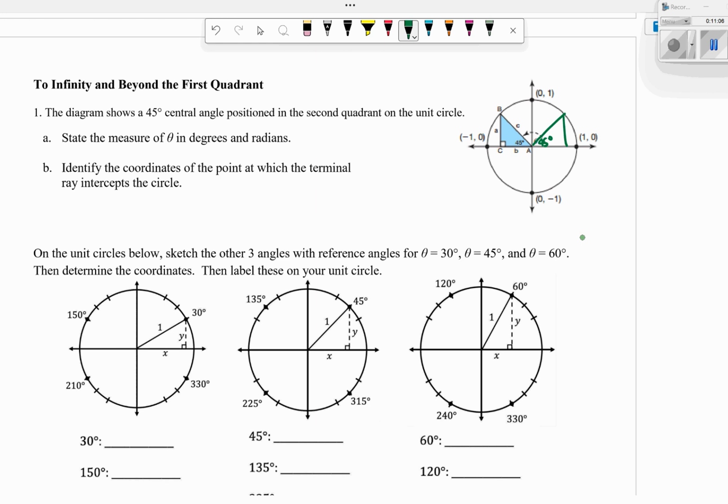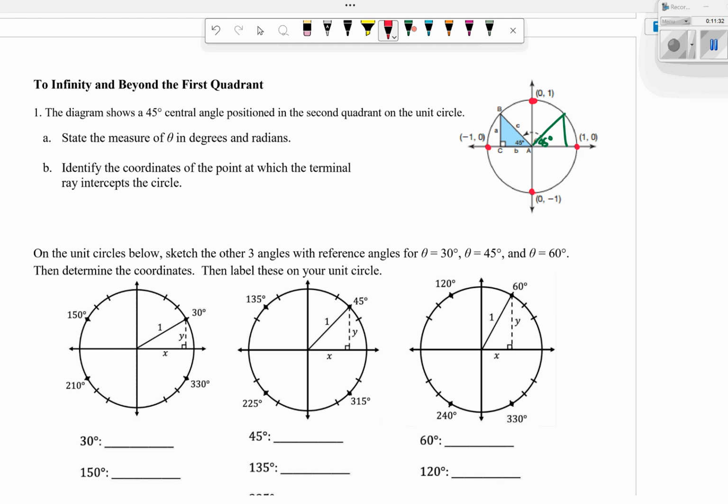So if we think about our unit circle in quadrants, and we have a radius of length 1, then this point on our circle would be 1, 0. At 90 degrees, we'd have 0, 1. Here would be negative 1, 0. And this would be 0, negative 1. So if we flip our triangle to quadrant 2, it says state the measure of theta in degrees and radians